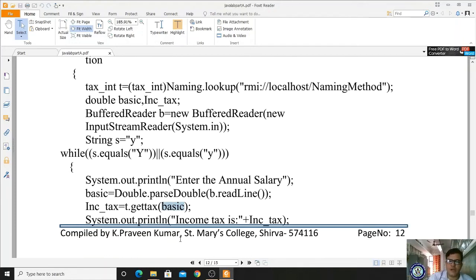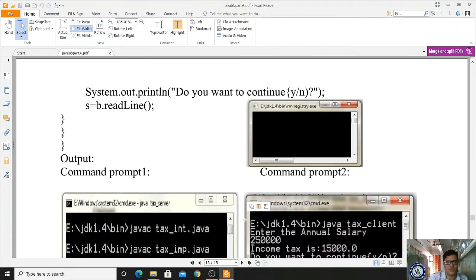Okay, and after calling that, it will process in the implementation part based on the basic you have read. For example, if I read 3 lakhs, for 50,000 into 2, 20 percent. So 50,000 into 2 is some 1 lakh, right? So it will give the tax as 1 lakh rupees. Likewise, it will display.